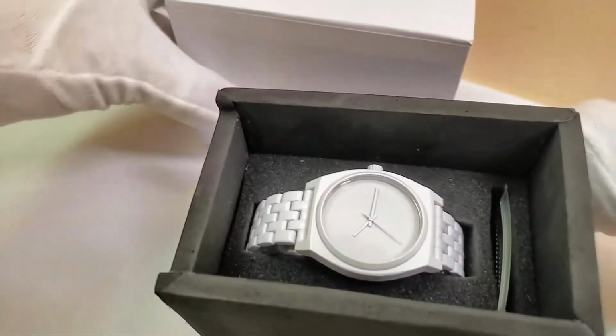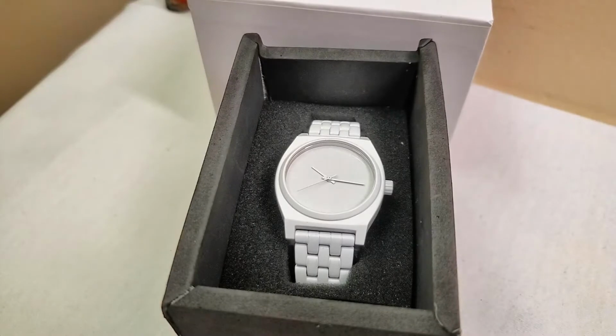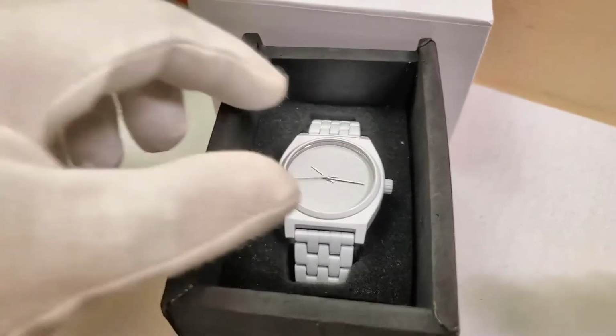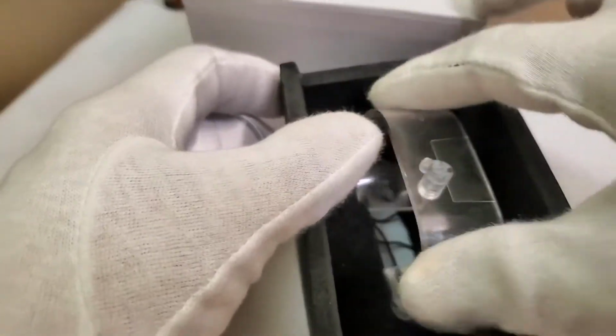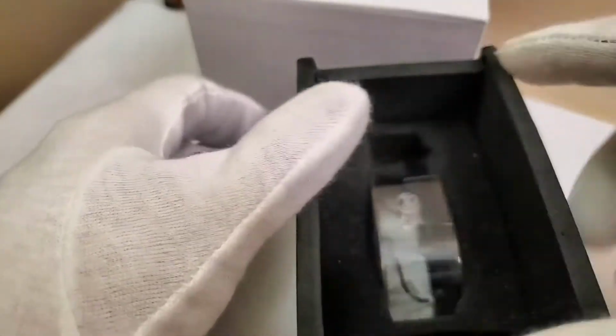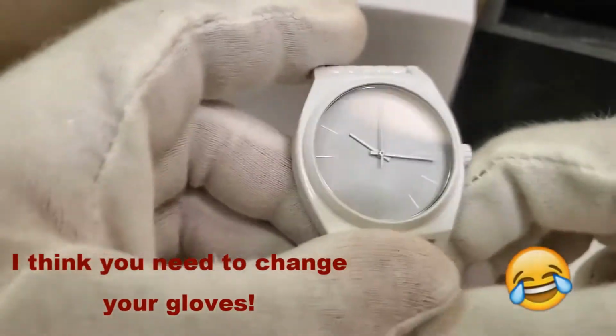It's an all-white Nixon watch. Okay, so what model is that? That is the Time Teller men's watch. Okay. So I purchased this one weeks ago. Yeah, most probably weeks ago. And then I have used this one only once. And then if you're going to look at here,